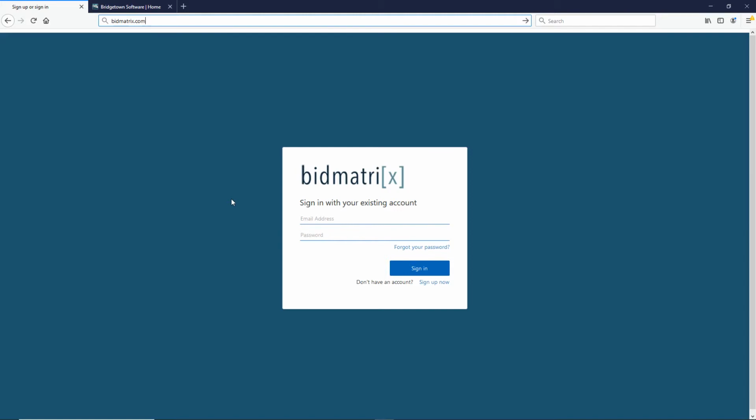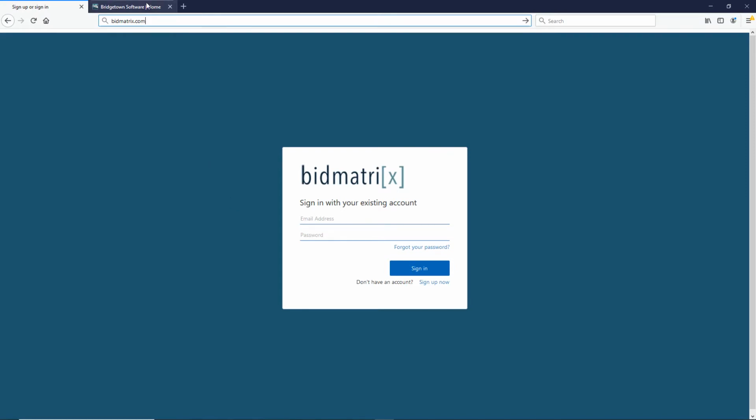So whether it's at work, whether it's at home, anywhere that you could sign in with a web browser, you can get access to your product to see any projects or update any information and things of that nature. So that's probably one of the biggest things that's fantastic, is the fact that everything is in the cloud, everything's being backed up. There's no updates to install once a year or anything of that nature, like maybe other products. So it's just a real nice way of being able to access something and use it